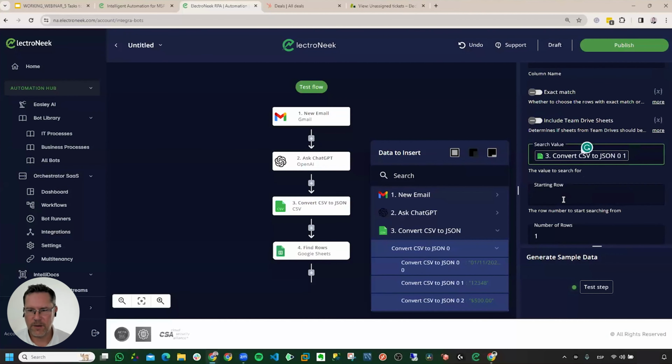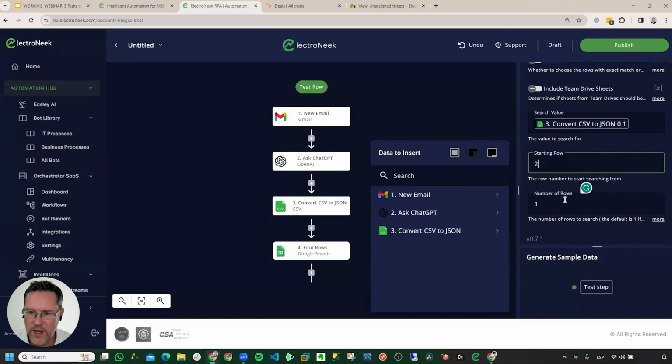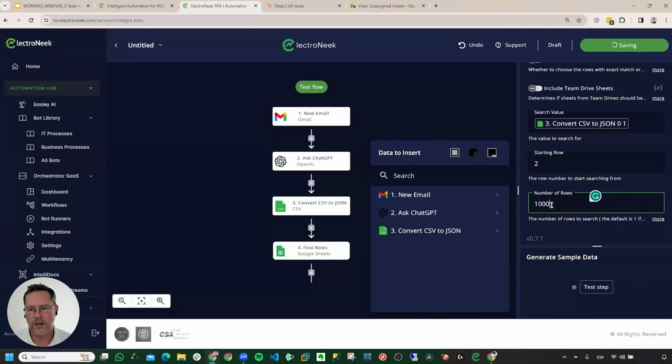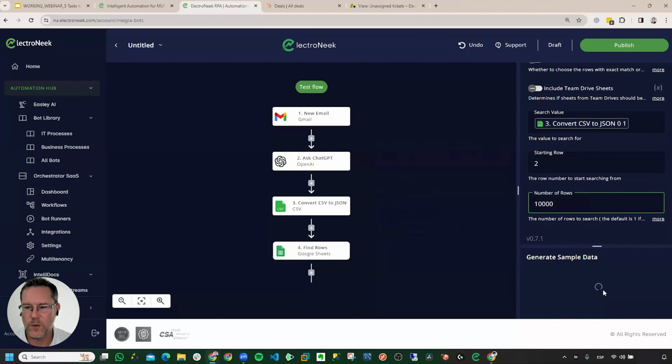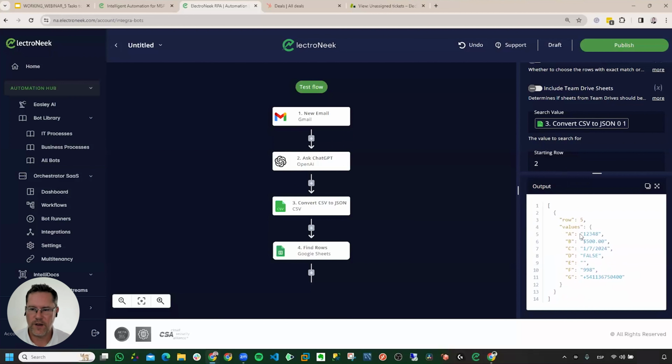Then it asks us, okay, what is the starting point to start searching? And we'll set it as number 2 because the first is the header. And how many rows we want to go through. I will put here a higher number, so to be sure that we can go through all of them. And that's all. We can test it right now. So remember that we need to test every activity that we are using. Good. It found it in row number 5,